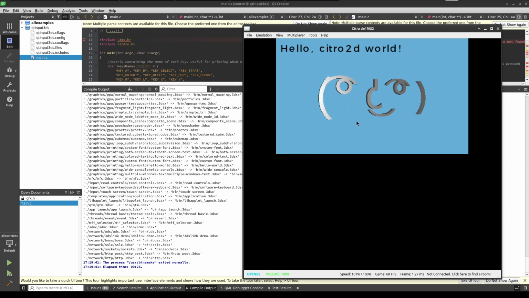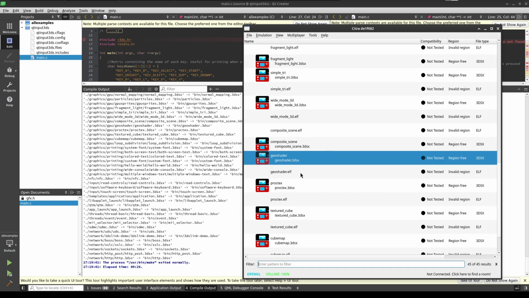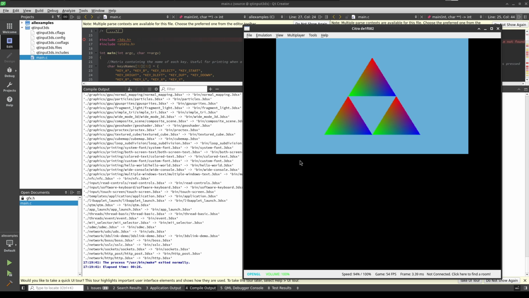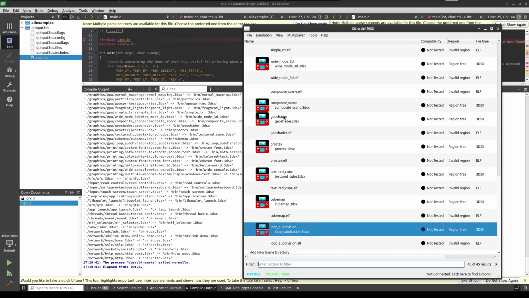Props to Fincs, who it seems wrote most of the examples and did most of the grunt work for the libctru library. So GeoShader, yeah, sorry, repeating it. Procedural texture, I wanted to look at this again. And yeah, there's a ton of other demos, like I said,